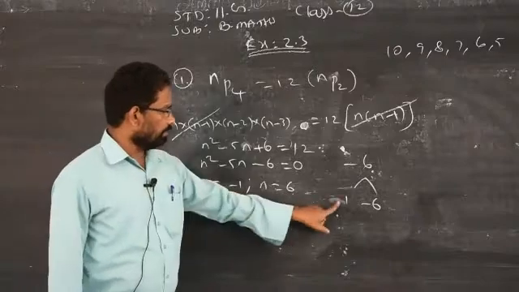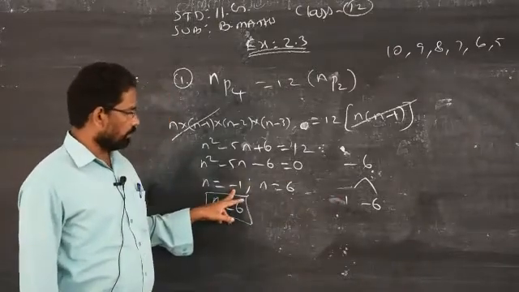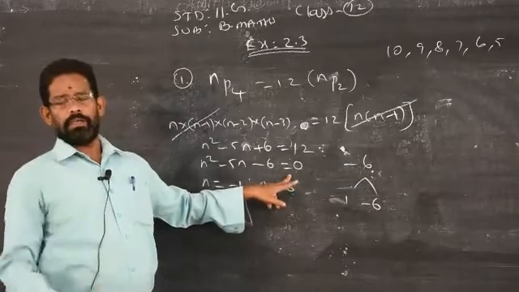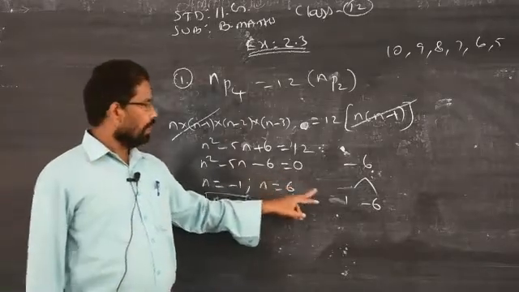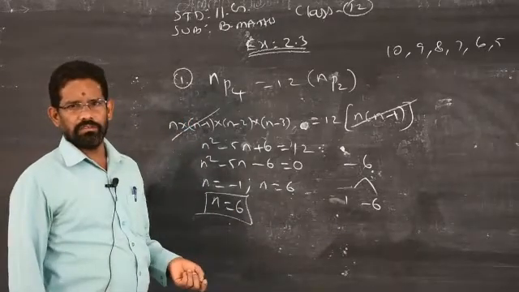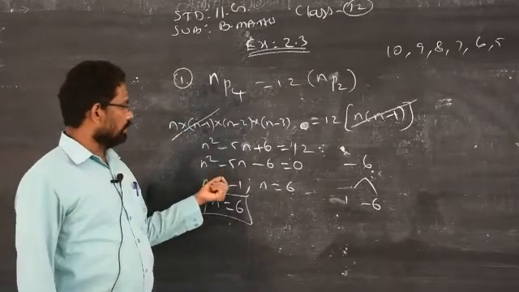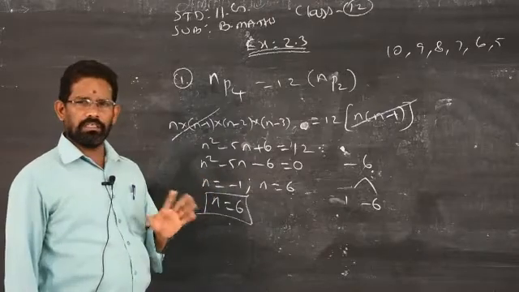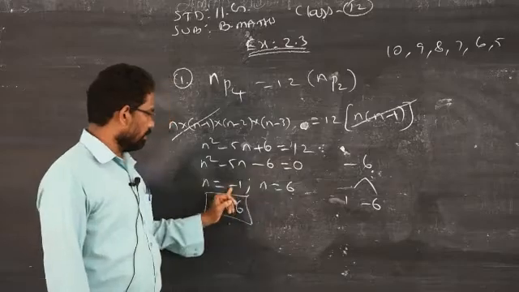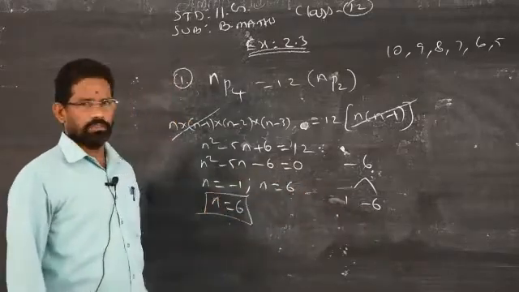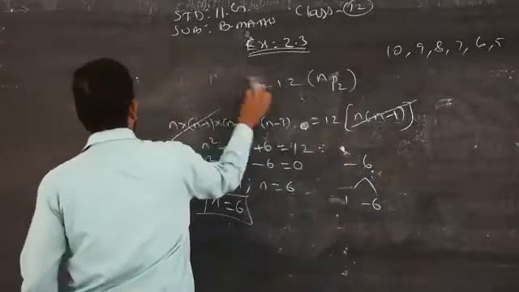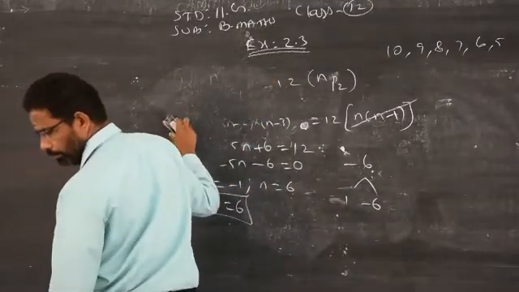Sir, here it is given plus 1, so you are supposed to write plus 1, but you are writing minus 1, because it is an equation. If it is in equation format, when you factorize, you have to change the sign. This we studied already in the lower classes. Clear? So splitting the middle term and taking common factor is not necessary. You just write straight away the answer. If it is plus, you have to write minus. If it is minus, you have to write plus. Clear? Now, we will move to question number 2.